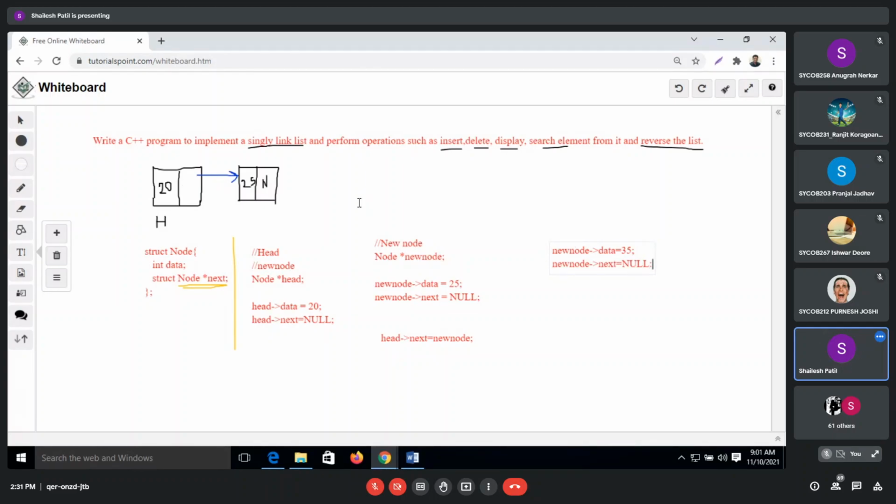So this will be created as a new node with some value, suppose its value is 35, and its next is null. So tell me now, this new node is to be connected in this sequence. How can we do this?